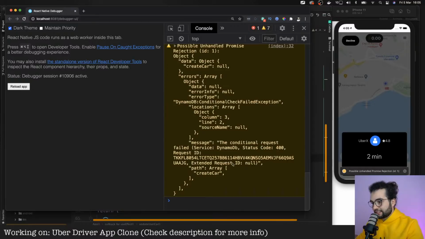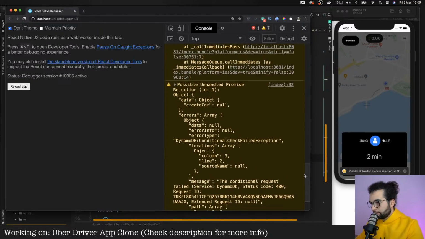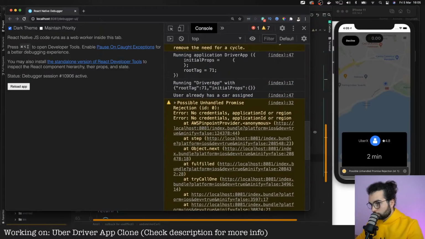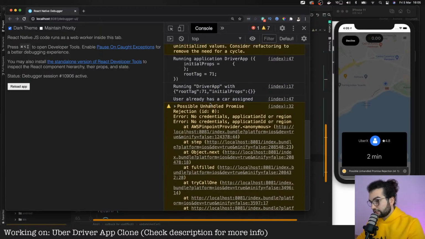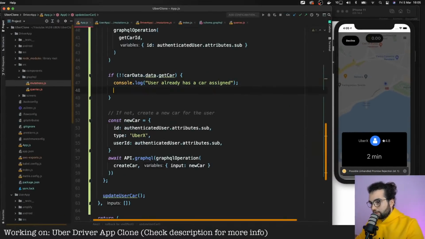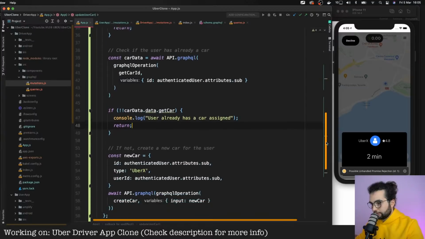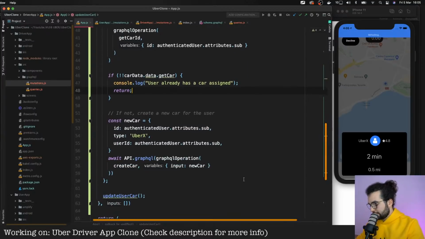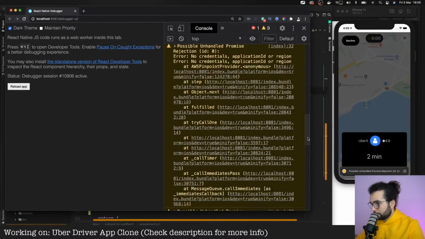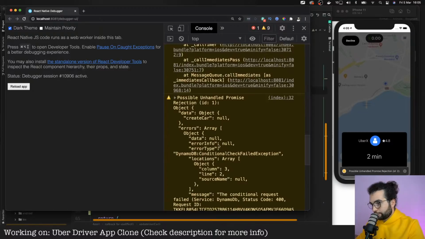User already has a car registered. But why are you trying to register a car if the user already has one? Oh, because we console log, but we don't return. So yeah, don't forget to return here. Let's save. It was just saying that the user with the same ID already exists, a conditional check fail exception.